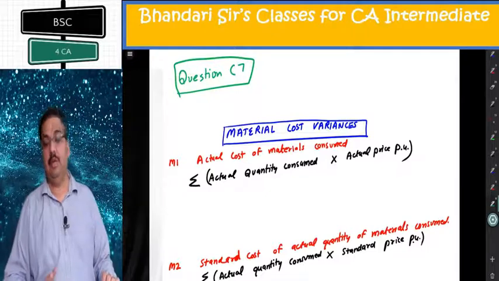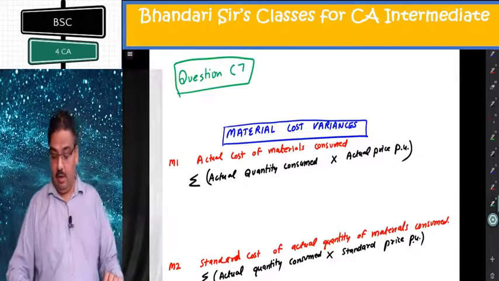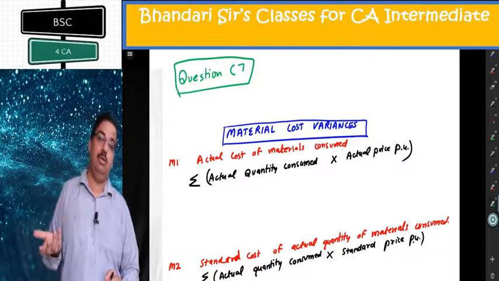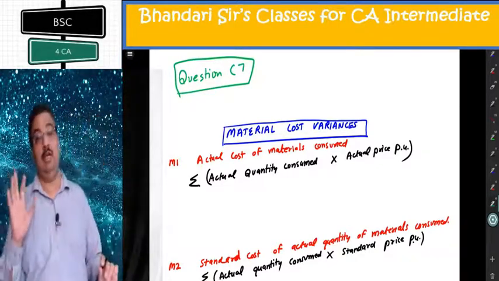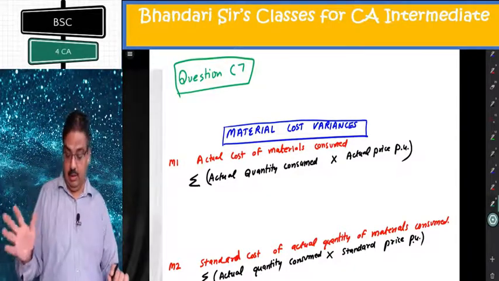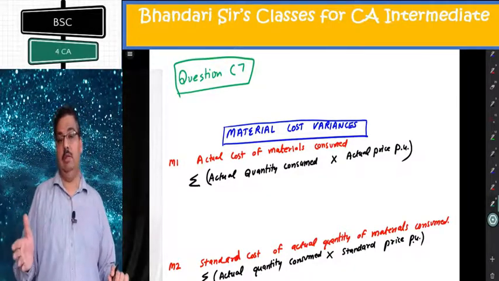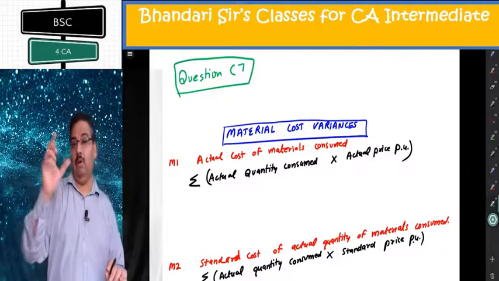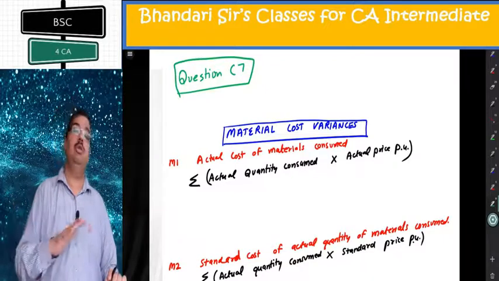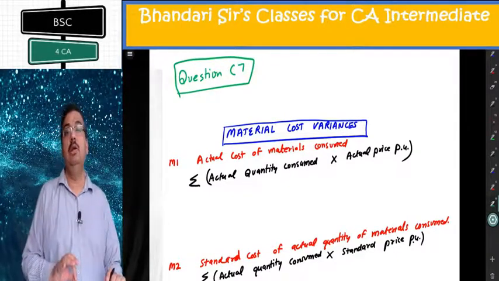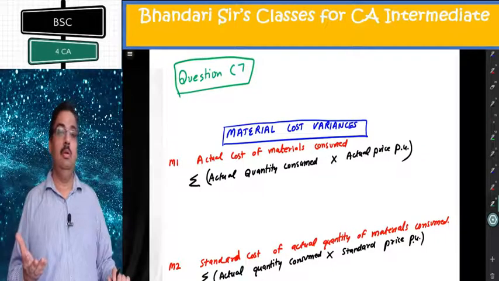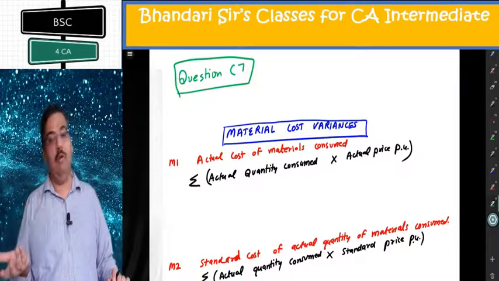The first point, it is asking standard cost for actual output. I hope you can relate with the language. It is a language of M4. Then it is asking material price and usage variances, and cost variance. It is asking the top level cost variance, middle level price and usage. It is not asking bottom level. So M3 I will not be computing, although it is applicable. But the question does not want it, so I will not compute.